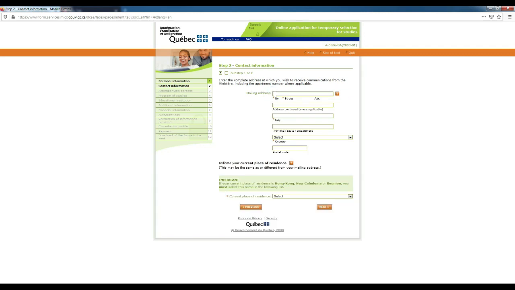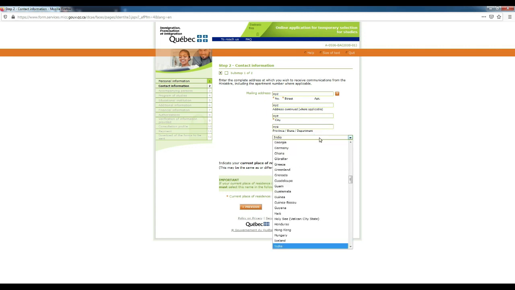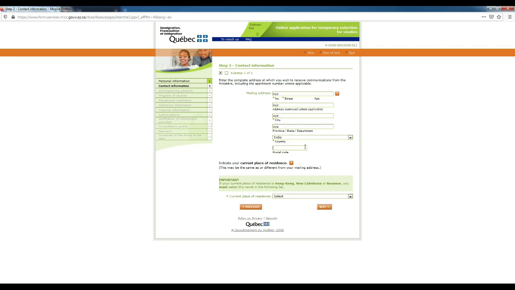Now other information, again this is mandatory information, contact information. The first thing that you have to mention over here is your mailing address. This should be your current residential address, because a hard copy will be sent to your residential address. So this should be very accurate. Write it as per your passport, or else if you have changed your residence, mention the one which is changed, but it should be very perfect. After filling in this information, you have to click the next button.